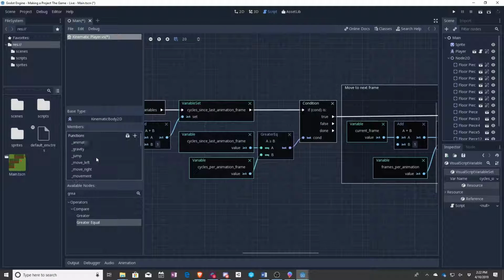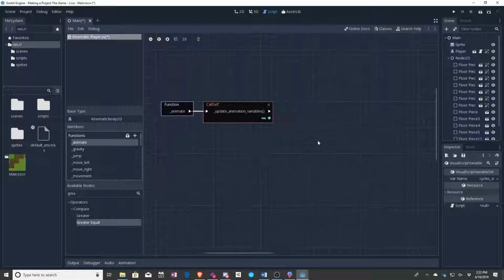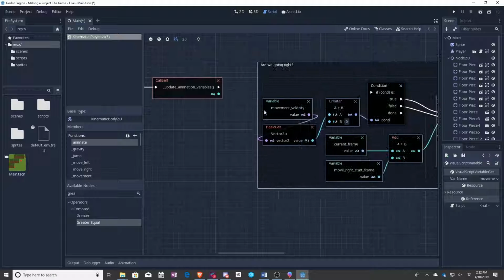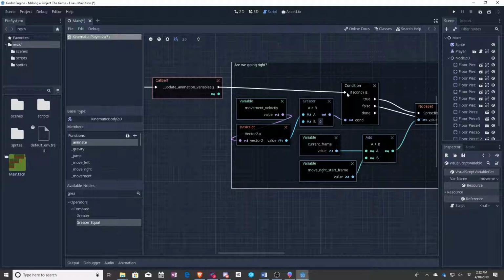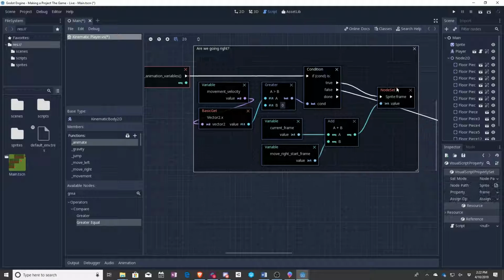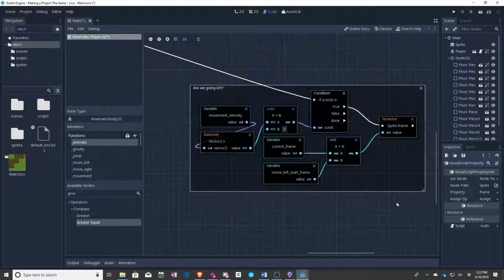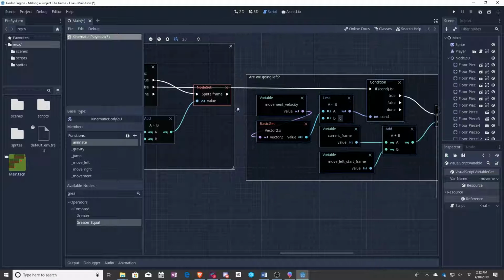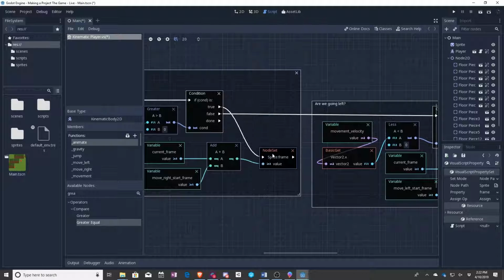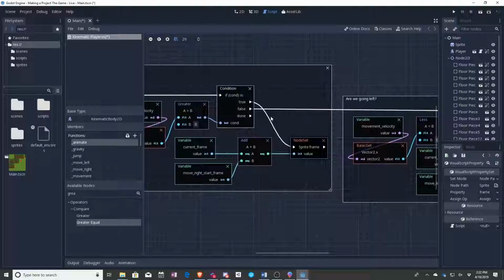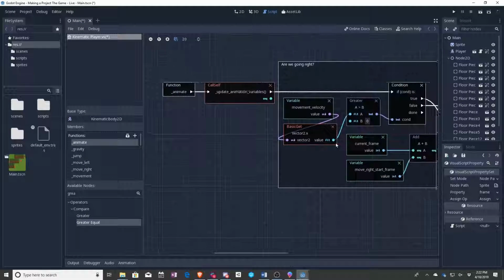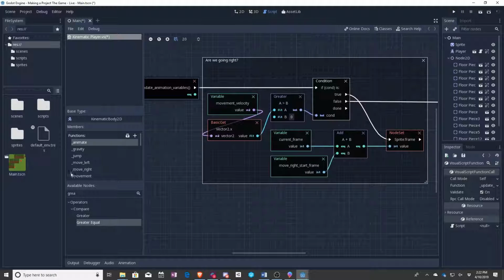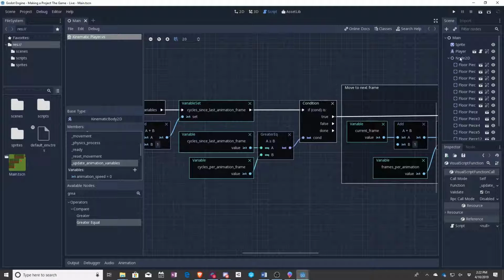After all of that, we need to make sure that animate now contains everything. So we can move all of this over to here. So we can call it, and this whole section becomes a lot more clear. Remember, that's one of the key takeaways of a lot of this: can we make this code more clear? So update the animation variables, and then are we going right? Are we going left? And that is done. So save that off,